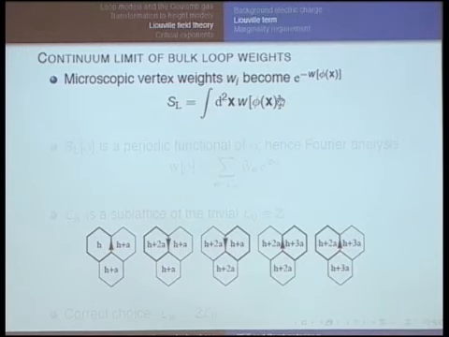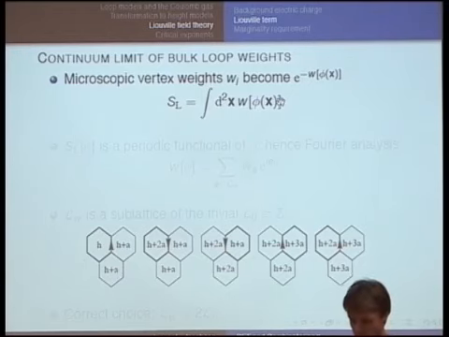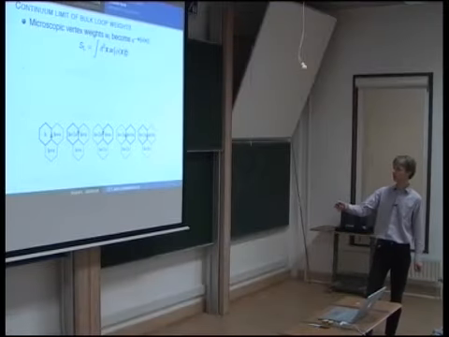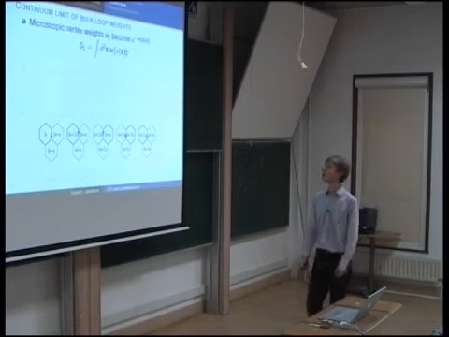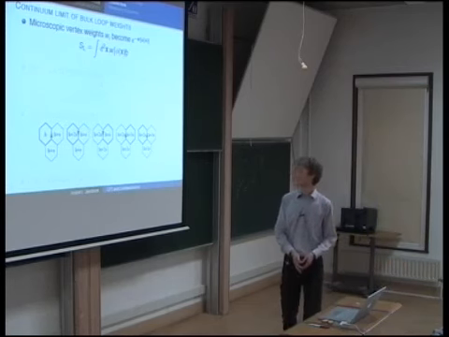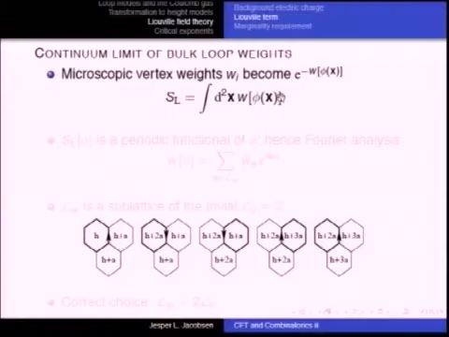And so this last term in the action is just going to be the continuum limit of those microscopic vertex weights. And so now the crucial thing is that the microscopic vertex weights, of course, are periodic in the height,